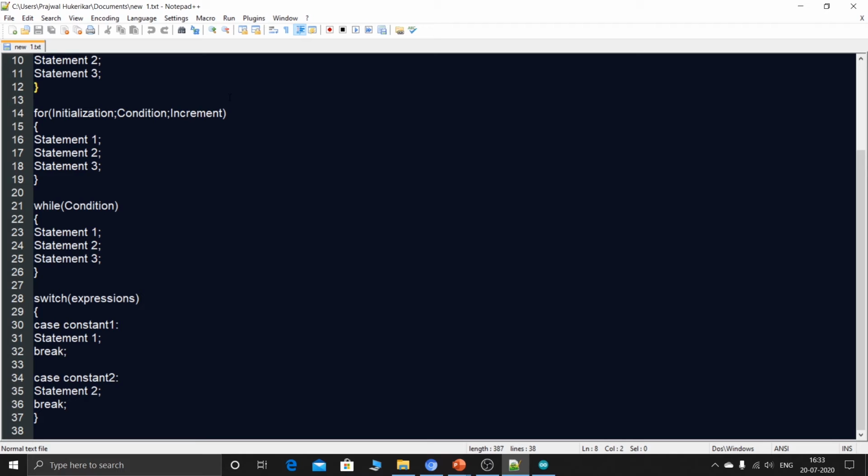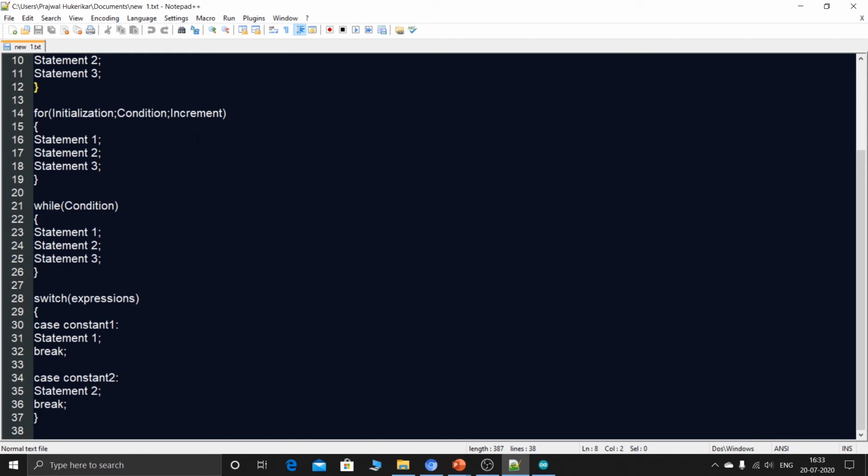If I'm starting with 0, or let's say I'll just write i equals 1 for the beginning, and i less than or equal to 10, and in the increment I'll write i plus plus. And in the statements I'll write print whatever the value of i is. So for the first iteration, it will print the value of i, which is 1, and then it will increment that value and check the condition. Firstly, it will check whether that value is less than or equal to 10 or not. If it is, then it will execute this